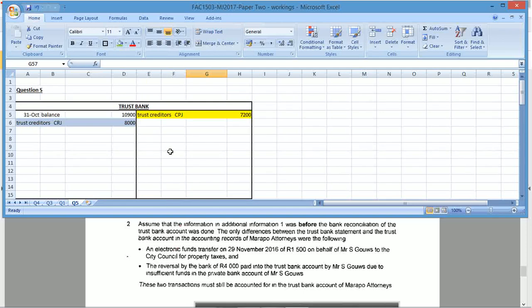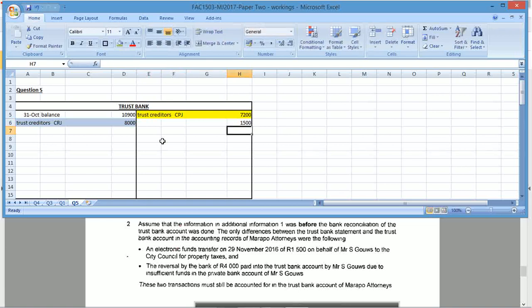You put it in the trust bank account? Yes, because this is an EFT. The client is going to have to pay. Okay, and what are they paying for? City Council property taxes. Okay, an EFT transfer on behalf of G. So you'd have to credit that specific account, City Council property taxes. Okay, the trust bank account is going to go down